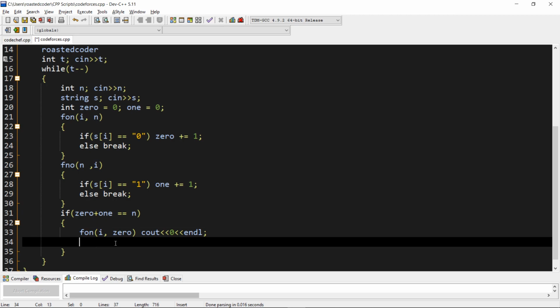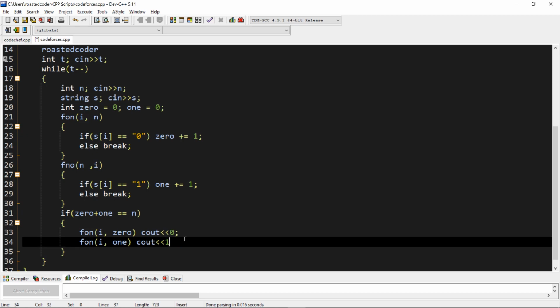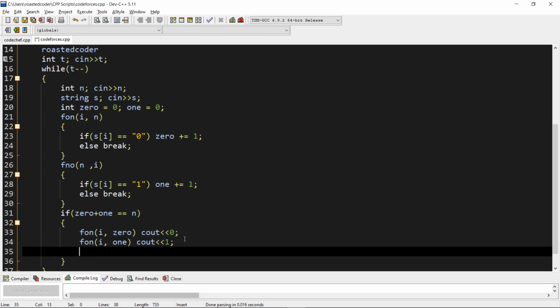We have to print 1 until count of 1. Why are we doing this? We have to omit this one.